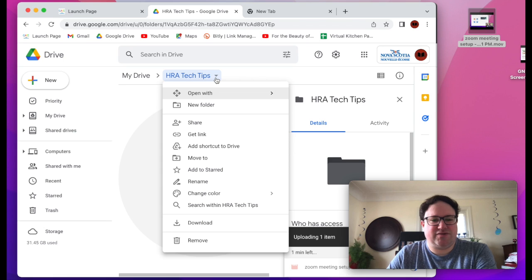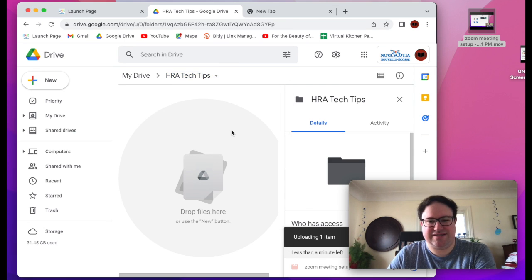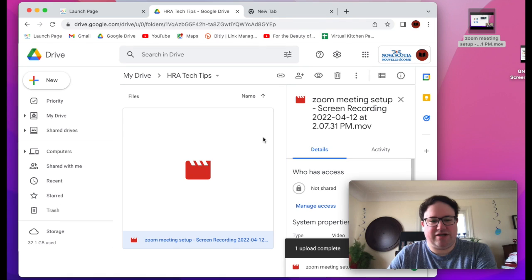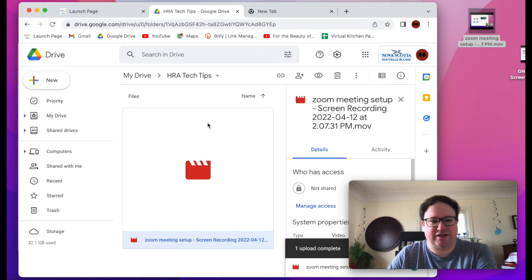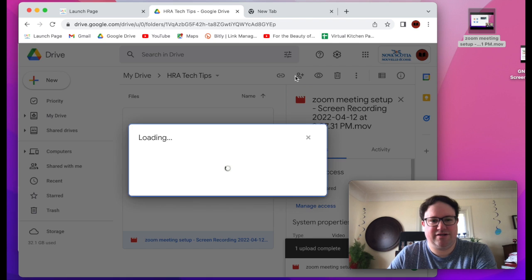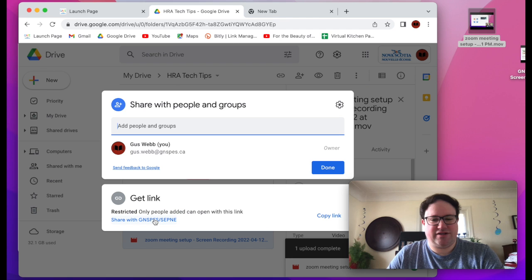Now, there's two ways we can share. We can share individual files. We can also share whole folders, depending how much we're expecting to share with people. It's a very similar process. So now my file is uploaded. I can either right click and go to share, or I can click it and go to the share button up here. You can share a video or other file with a link if you want anyone to be able